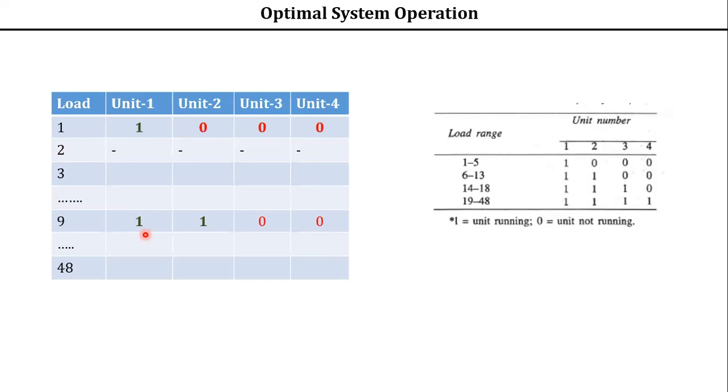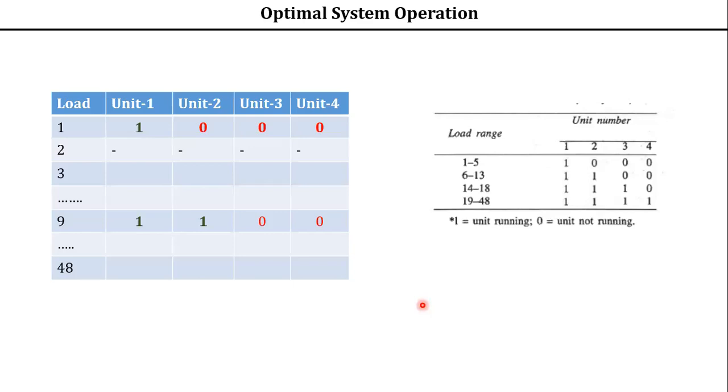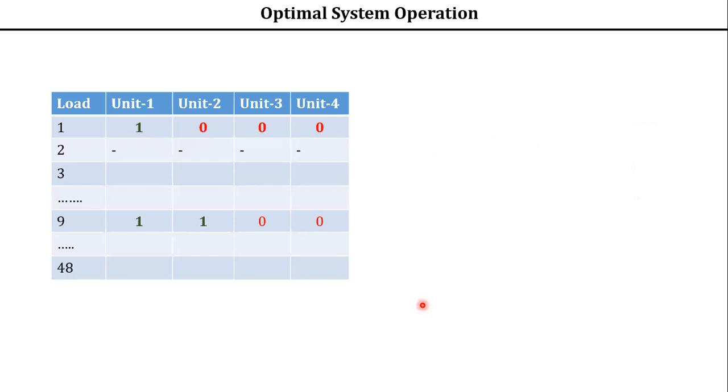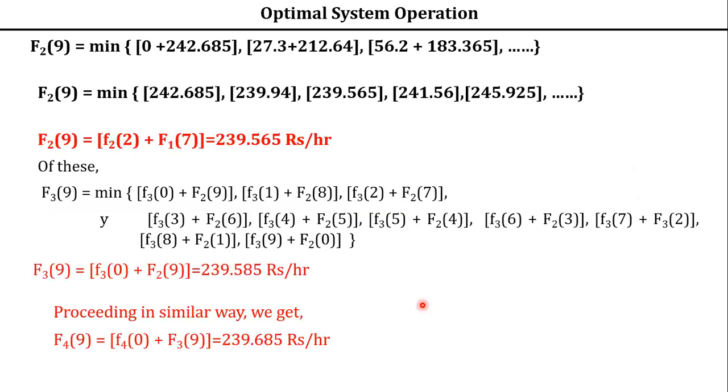Different constraints will be there. What are the constraints? The generation should meet the load demand. Then the generator limit should not exceed the minimum and maximum limits. These are the constraints which we will be implementing in economic operation from the unit commitment table. Is it clear? So this is the unit commitment. Next class I will be taking the next topic. Hope you understood.